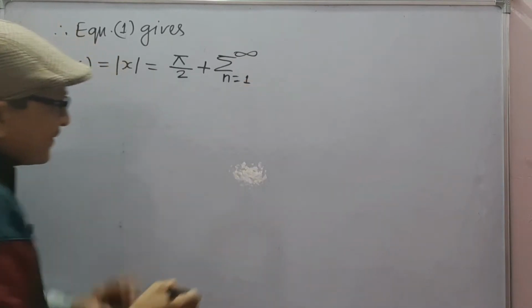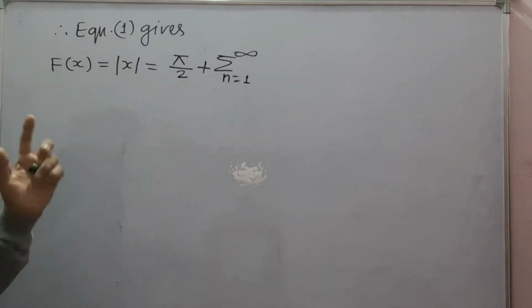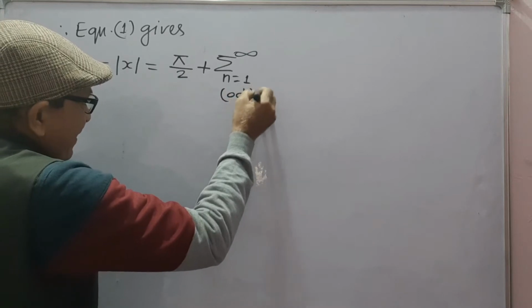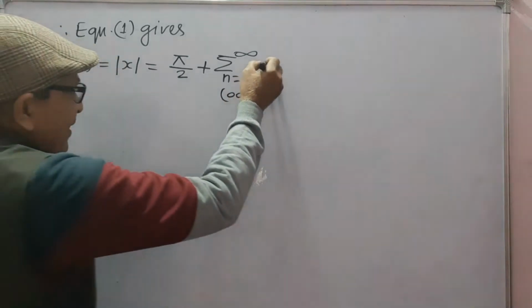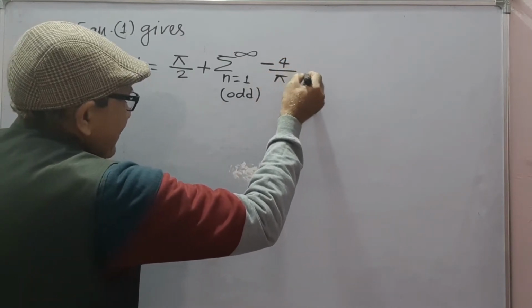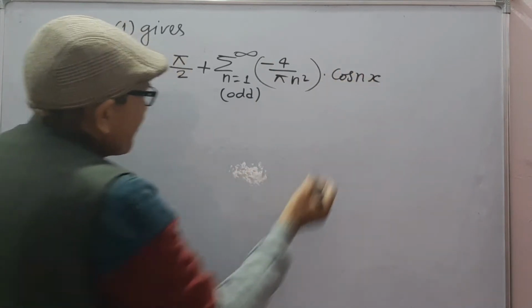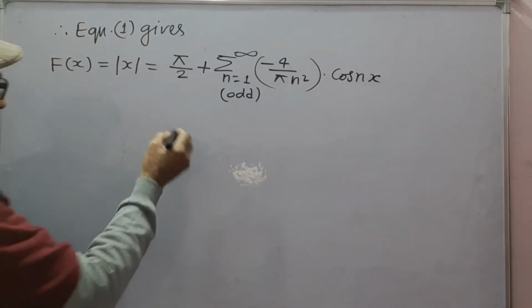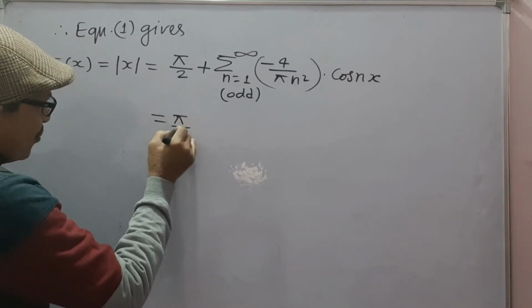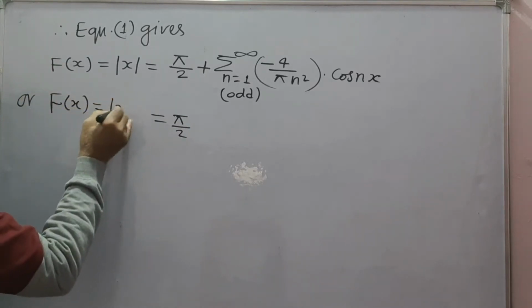An is 0 for even numbers, and for odd numbers an has been calculated to be minus 4/(pi n²). This is an into cos nx. This can be written as pi/2,